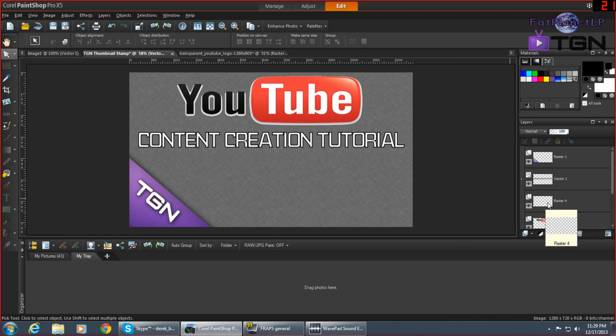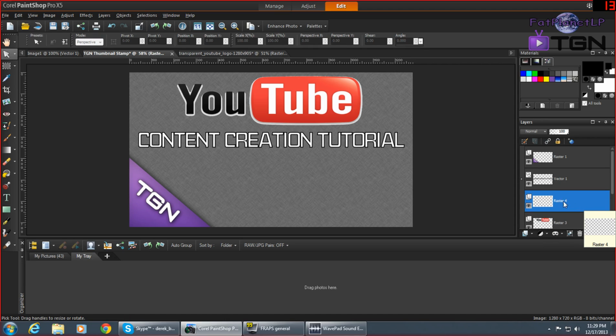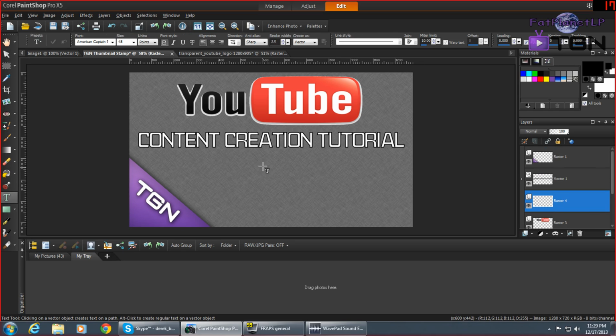So I'm going to go to Raster 4 because nothing is in Raster 4. It's blank. You see we got our YouTube one there. We've got the content creation tutorial one here, our TGN. Everything's got its own raster layer, including the colored background. So Raster 4, we're going to add some text to it. We're going to click it, and this one's going to be called